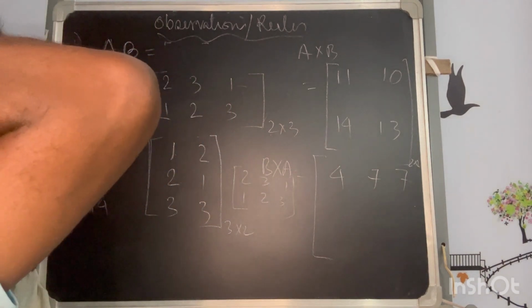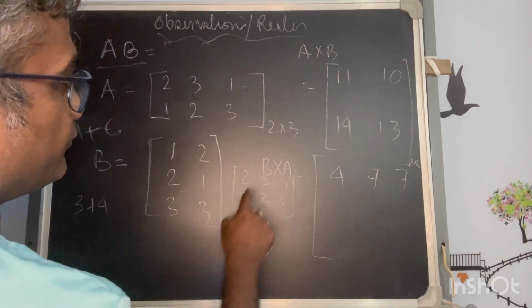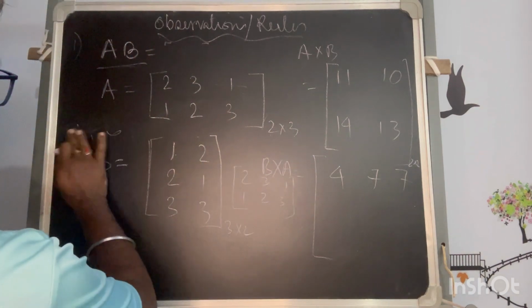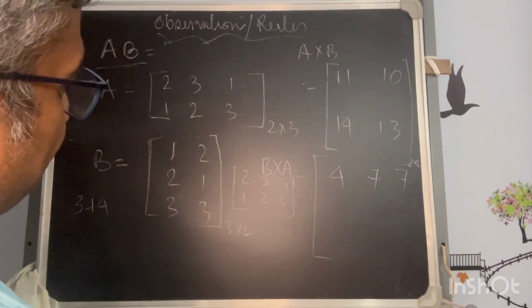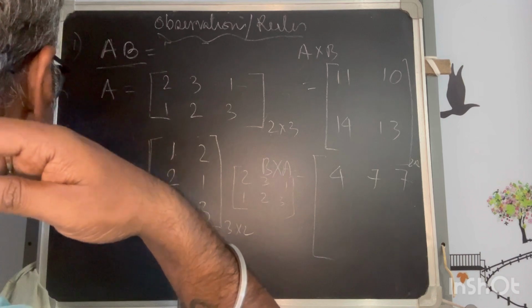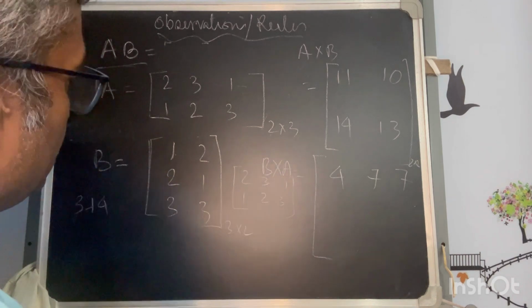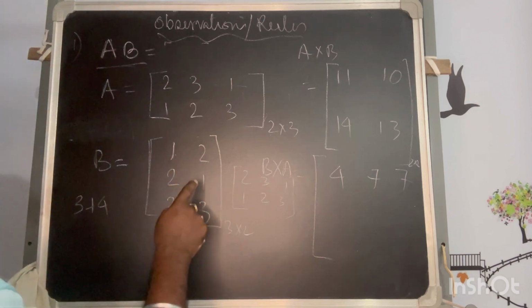Okay, the next one is, in this case I will get 3 cross 3 because 3 is coming first. And the next one is 1 into 1 into